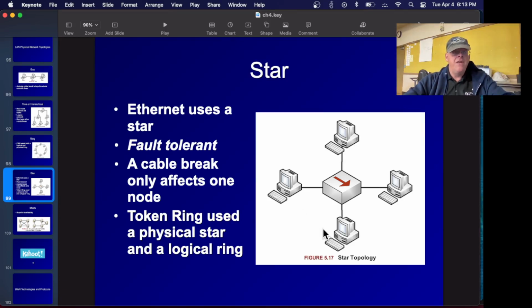Token Ring had this physical wiring layout, but it was logically a ring. It would have a token sent to each device going around in a circle, and you could only send network traffic or receive it when the token came to you. So there was no issue of collisions. You had to wait your turn to speak.